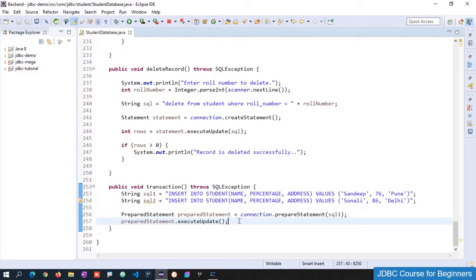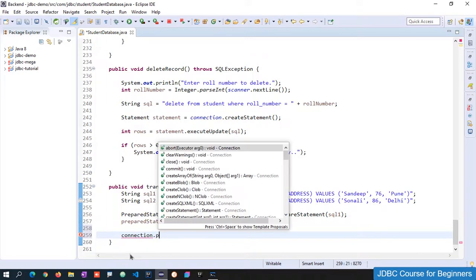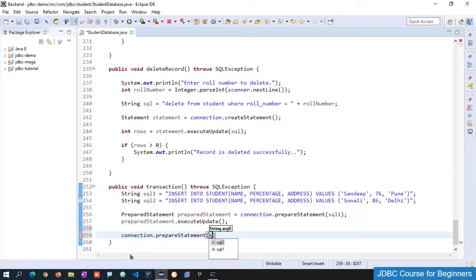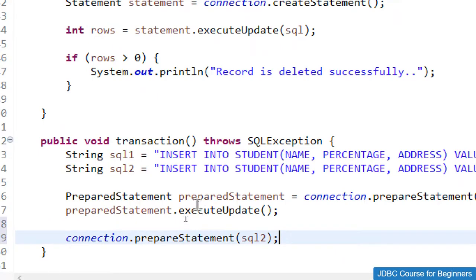We just need to again use connection dot prepareStatement, and this time we just need to pass SQL2 as a parameter, and then again it will give me the reference for this prepared statement.